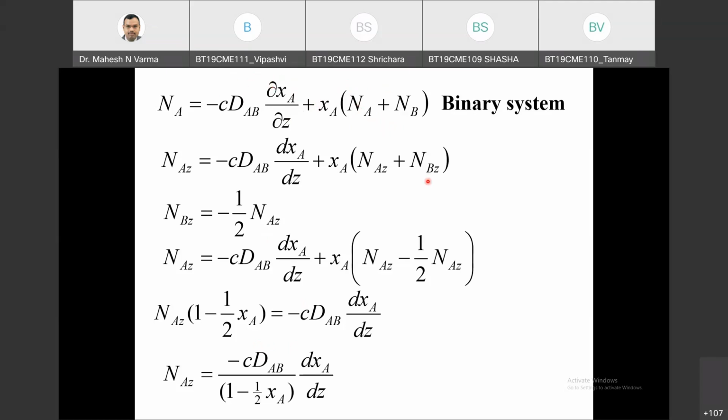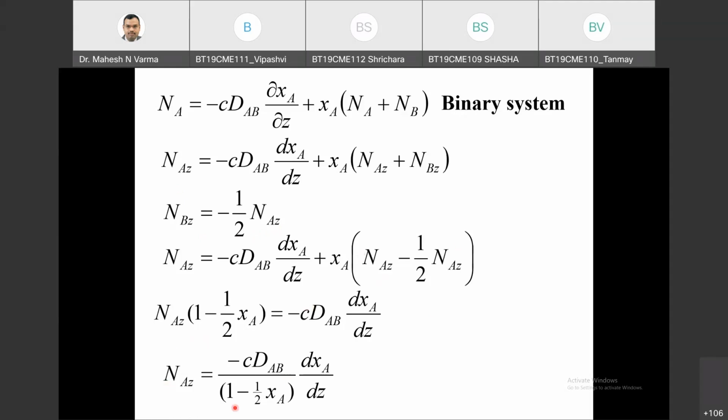And in convective flux also, you will have some information from the reaction, because two molecules of A react to form one molecule of B. So the flux of B is expected to be half of A in the opposite direction, and opposite direction means negative sign. So NBZ will be the opposite of NAZ, and half. Substituting this information,